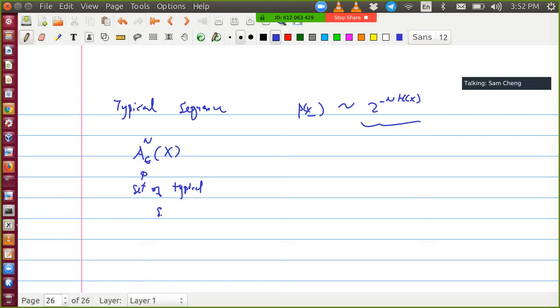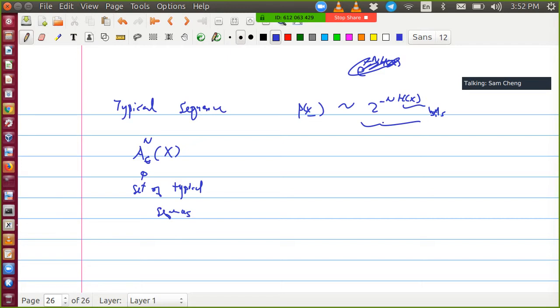Where does the 2 come from? We used exponential earlier, but as you remember, it depends on what kind of unit we use for H(x), right? Here, if I assume H(x) is in units of bits, then it would be 2. I wrote exponential earlier, but I think it's better to just use bits as the unit, so I put 2 here. So it's 2 to the minus nH(x).